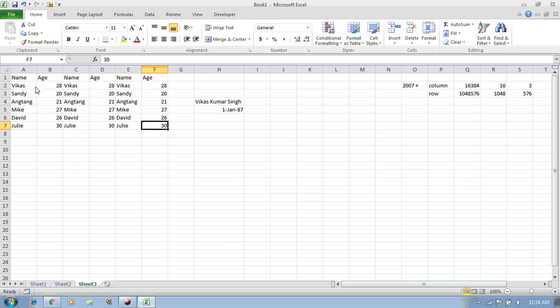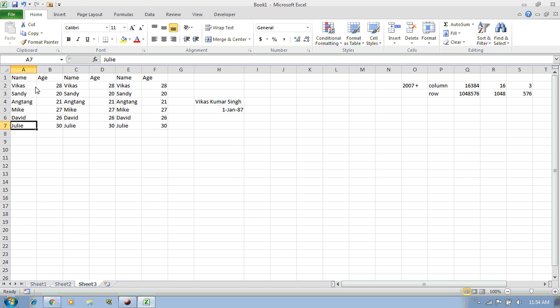It is the last column, or I would say the rightmost column of the data. And if I want to go to the left, to the first column, I'll press the Control button and the left arrow once. You can see that I am at the first column right now.